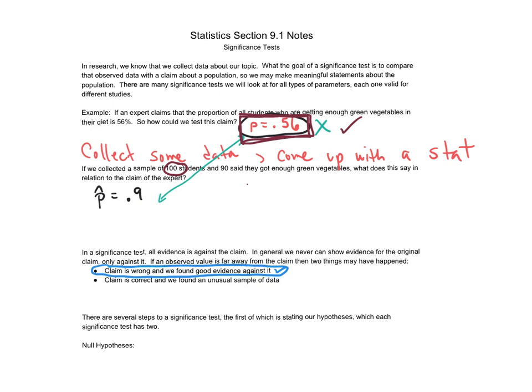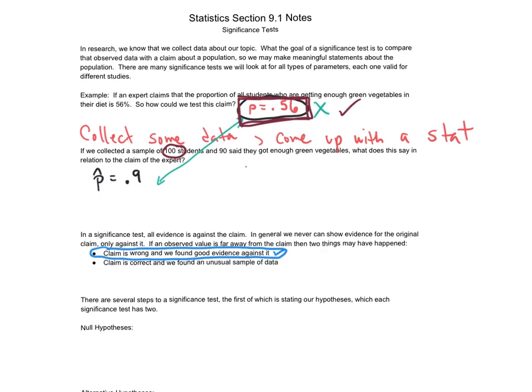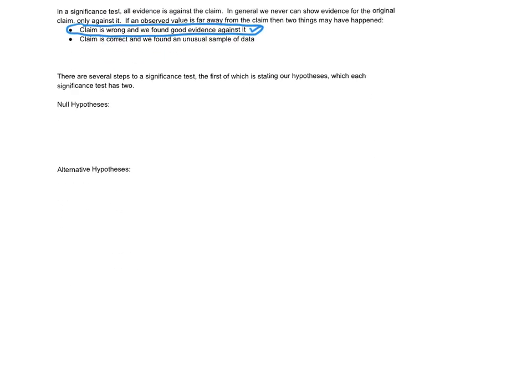So to do a significance test, there are lots and lots of steps. In this first section, we're going to go through some terms, talk about how we set this up, and what the first steps are in doing a significance test. The first thing we're going to do is make what we call hypotheses. Now, we just give basic names to what we just talked about above. So the null hypothesis is our expert's claim that we talked about from above. The null hypothesis says typically there is not a difference